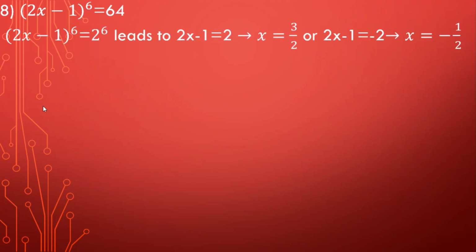2x minus 1 to the power 6 equals 64. We write 64 as a number to the power 6, or we use the radical. (2x minus 1) to the power 6 equals 2 to the power 6. And since the power is even, we have two possible values of 2x minus 1, either 2 or minus 2. 2x minus 1 equals 2, 2x equals 3, x equals 3 over 2, or 2x minus 1 equals minus 2,